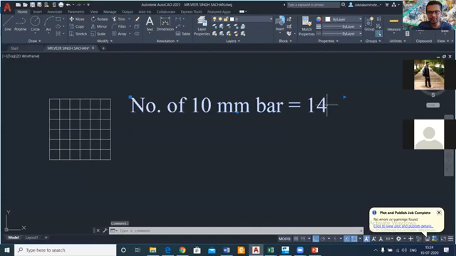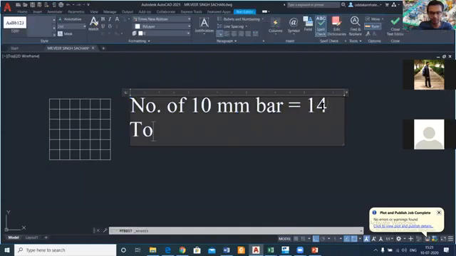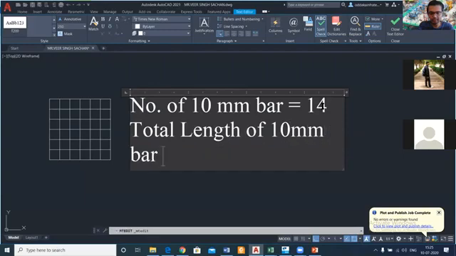So total length of this bar we'll find out. So total length of 10 mm bar equals, now number of 10 mm bars equals 14. So total length will be 14 into, so let us find out what is the length here.